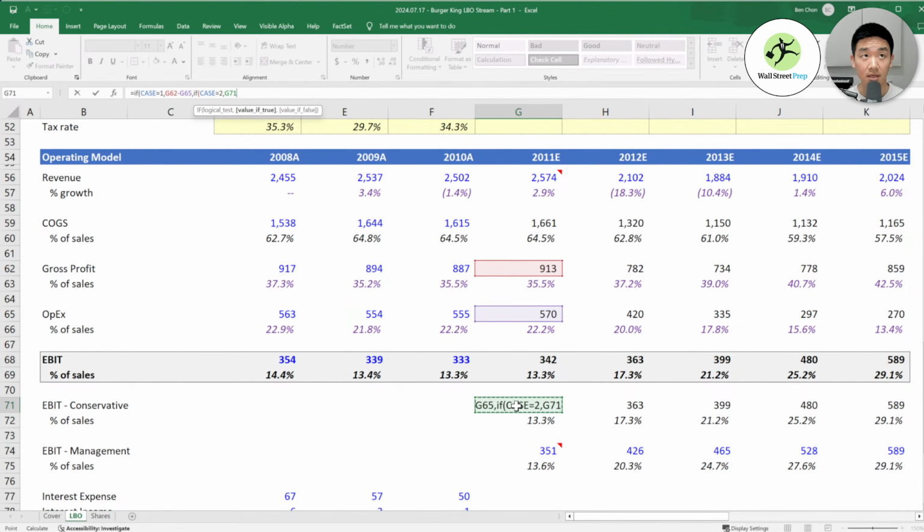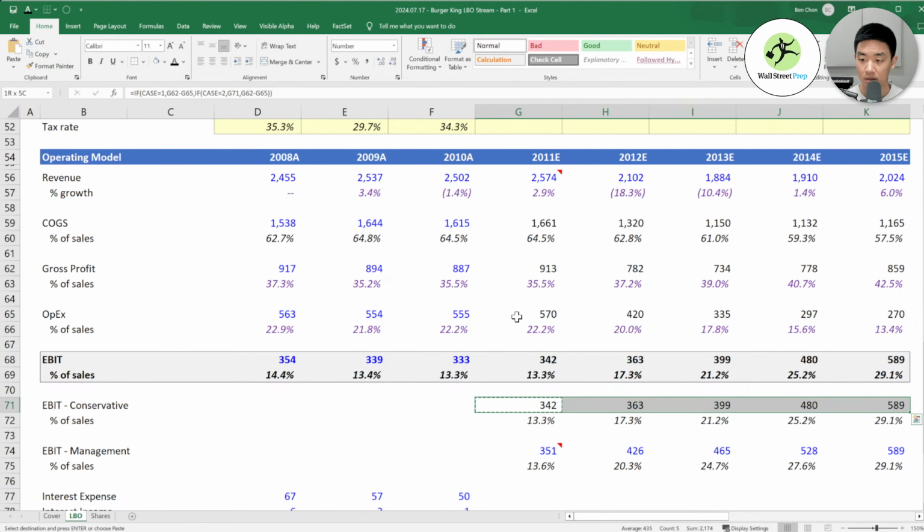And then if not, then this same formula.